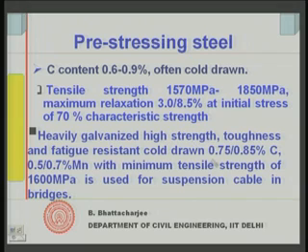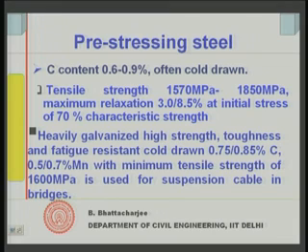Therefore, cold drawn steel with 0.75 to 0.85% carbon and 0.5 to 0.7% manganese is used, because this will increase the ductility and therefore the toughness. The area under the stress strain curve will be higher. Steel with a minimum tensile strength of 1600 MPa is used for suspension cables in bridges. So, in pre-stressing steel we have seen the usage of